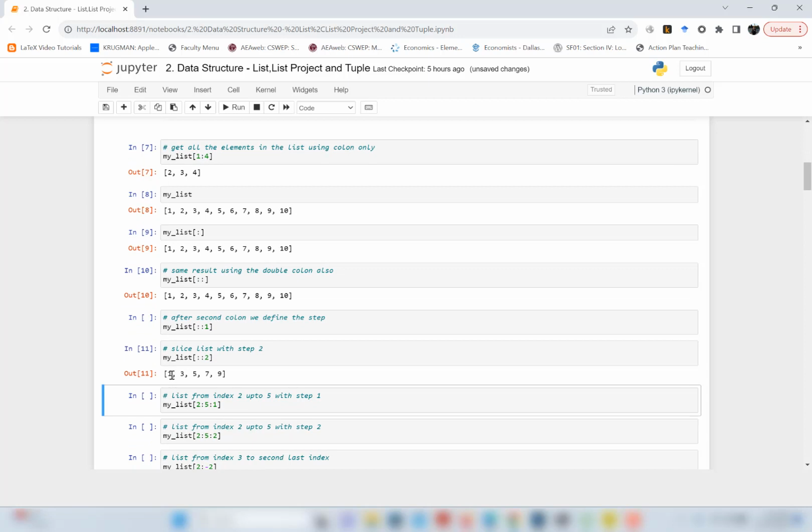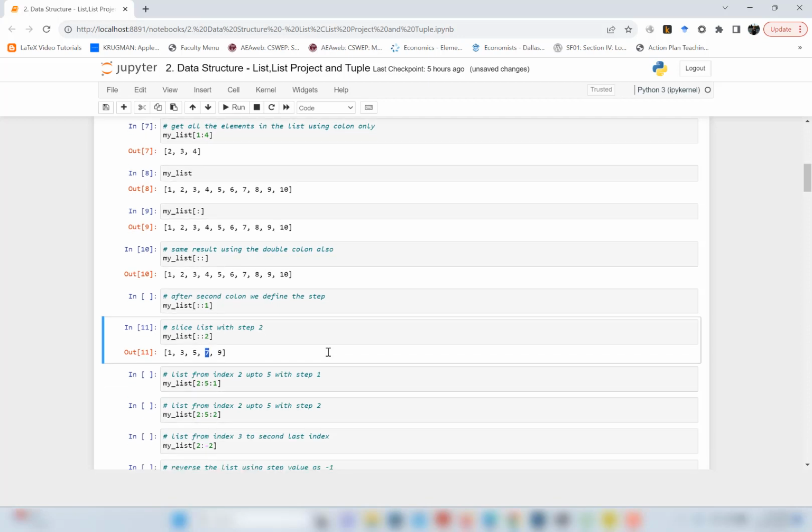And here the 1 is the 0th index, this is the second index, this is the 4th index, this is the 6th index, and so on. The step size of 2 means that you are increasing the index by which you print the number by 2 at each step. Now, if you combine all of this together, you'll basically get a value here from 2 to